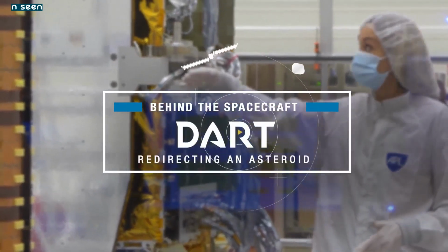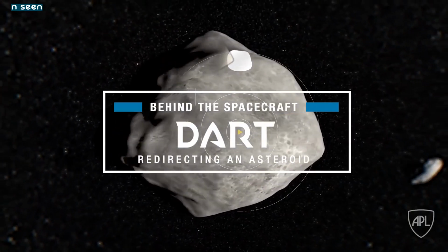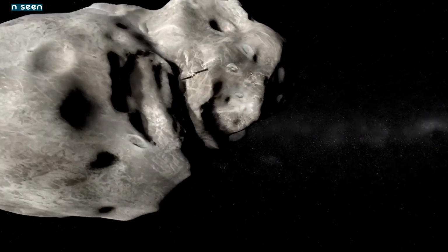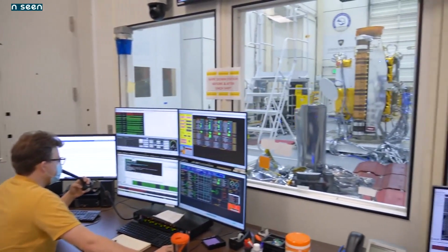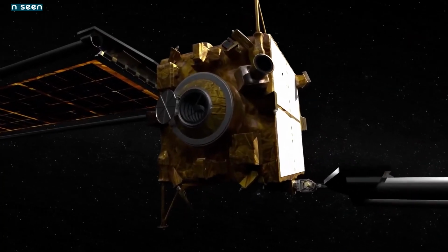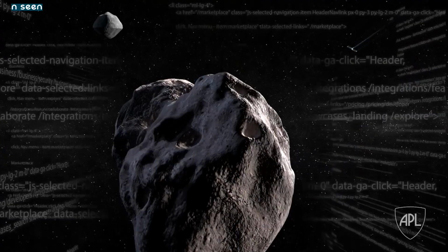In case there was an asteroid coming towards Earth and you're there, you can actually stop it. I mean, that's kind of fantastic. NASA is crashing a spacecraft into an asteroid. What? You think science fiction, but this is real. Never in my life would I have thought I would take a couple $100 million spacecraft and crash it into